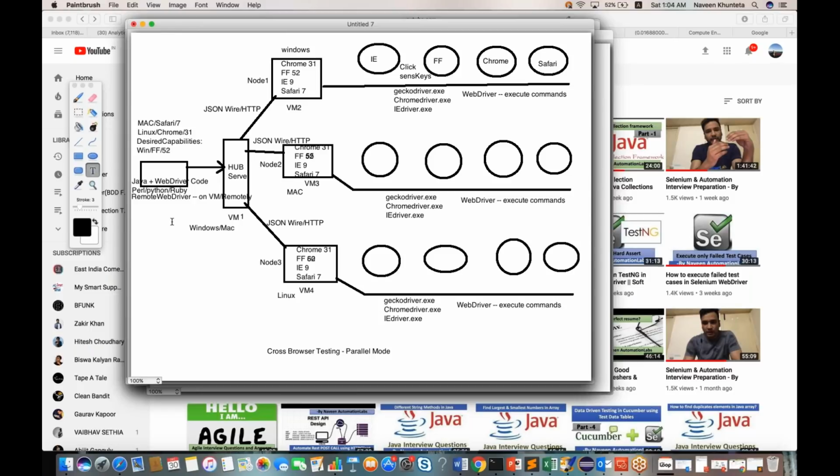Instead of writing WebDriver driver equal to new ChromeDriver, we will be writing WebDriver driver equal to new RemoteWebDriver. And inside the RemoteWebDriver, we will say where exactly my hub server is running. Then I'll create one DesiredCapabilities object and pass whatever capability I want. These are my desired capabilities: Mac Safari 7, Linux Chrome 31, Windows Firefox 52, and whatever configuration